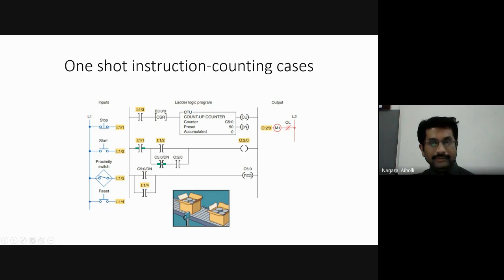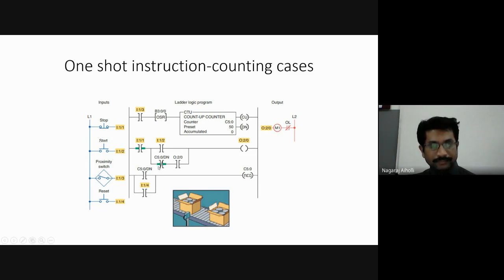As the done bit becomes high here, let us go through the second rung now. Analyze the second rung. I:1/1, this is the stop switch. It is normally closed, so it is already in the closed position. Then I:1/2, this is the start switch. We have pressed it, so this is also true. So the entire second rung becomes true, and O:2/0, that is the motor, is turned on. As it starts counting, the motor coil is energized.